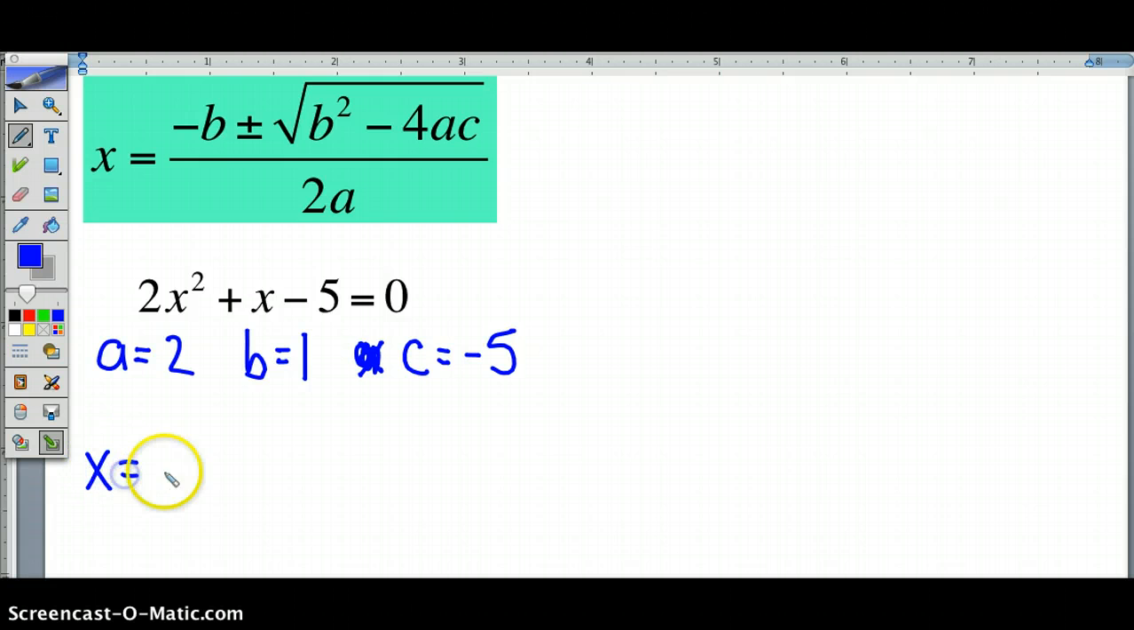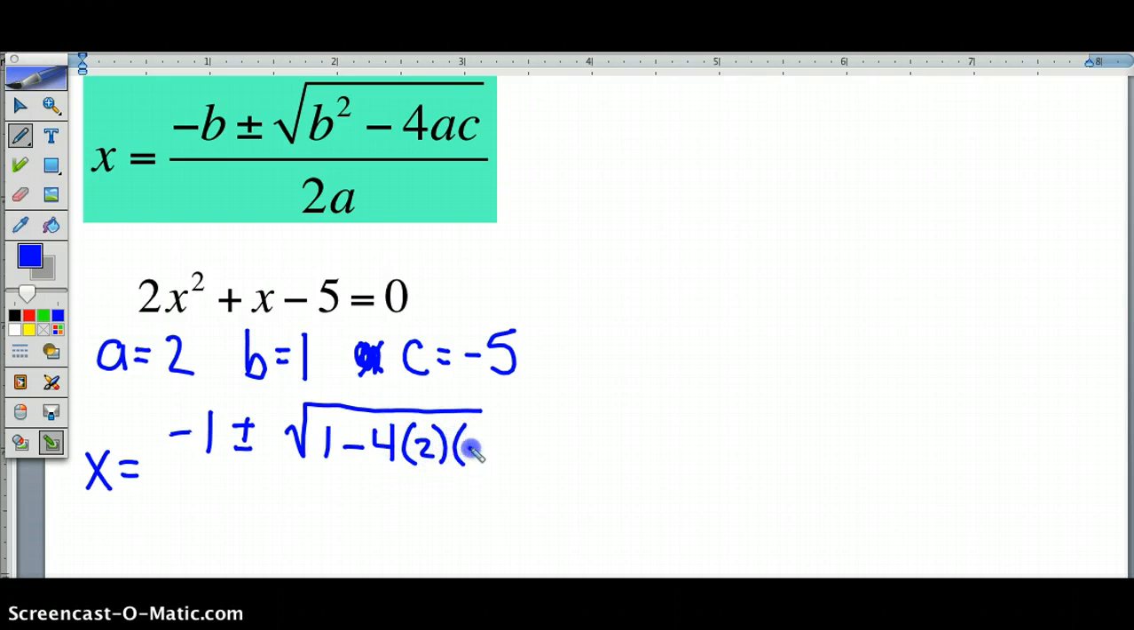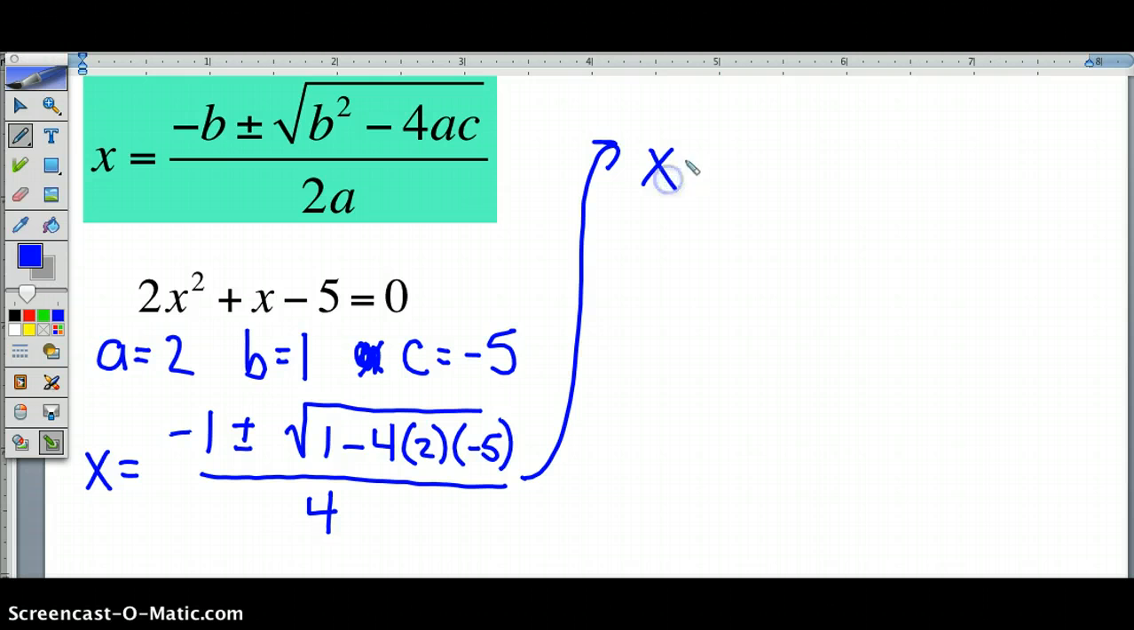So just using substitution, negative b, that would be negative 1, plus or minus square root of b squared. Well, 1 squared is just 1, minus 4 times 2 times negative 5, all over 2a. Well, a is 2, 2 times 2 is just 4. So now we work on simplifying this. We don't do anything yet with that first negative 1. We leave it alone. Underneath the square root sign, negative 4 times 2 is negative 8, and then negative 8